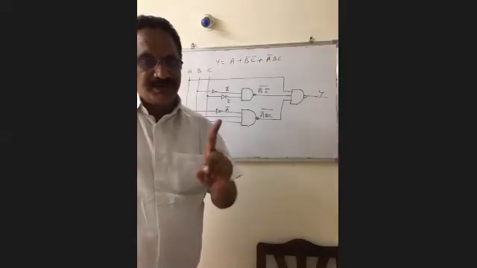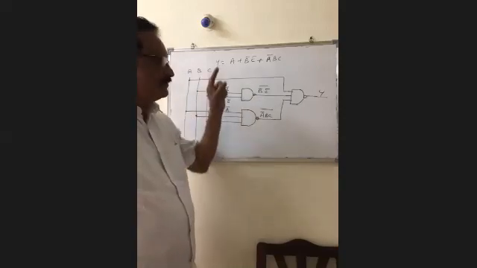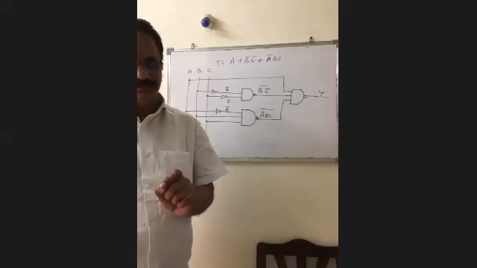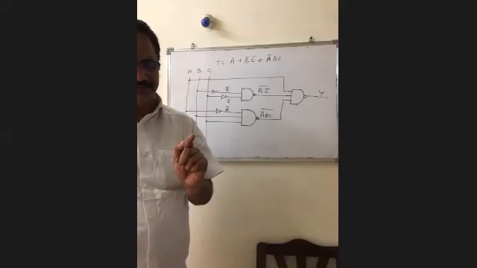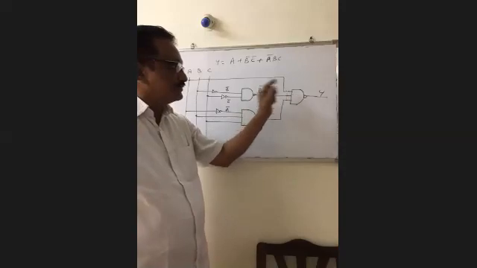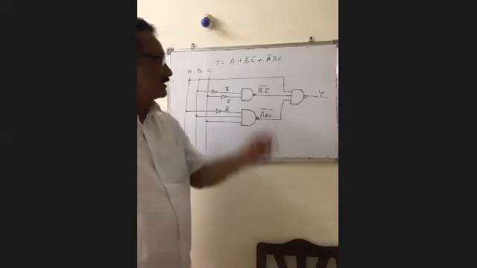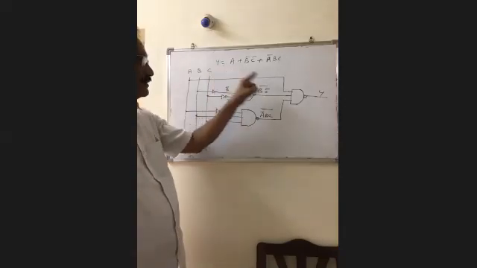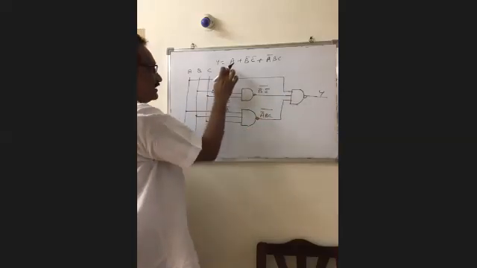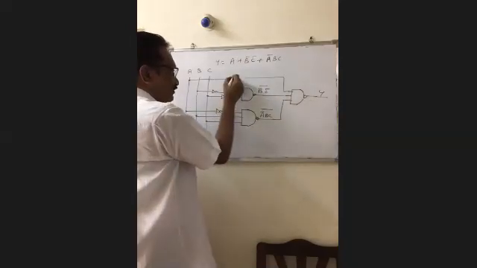And one more important point here is, only one variable is there in any product term. We have to connect the complement of the literal to the input of the last NAND gate. Connect the complement of this one to the input of this NAND gate. So if A is there here, you have to connect A bar to this one. Then only it realizes.